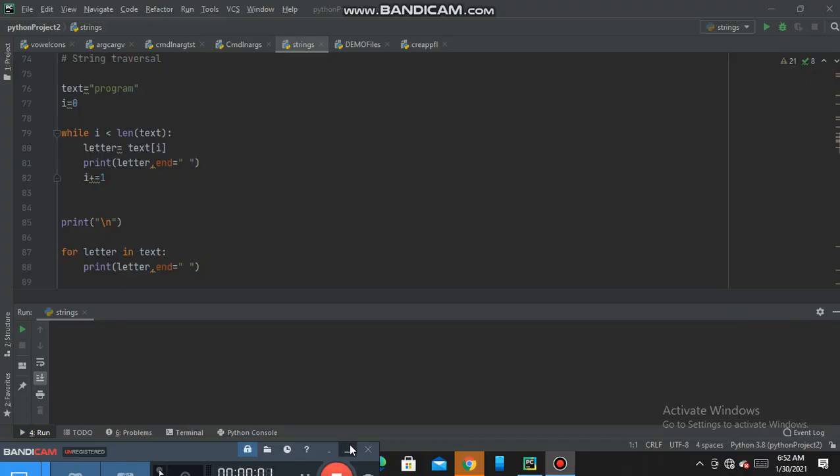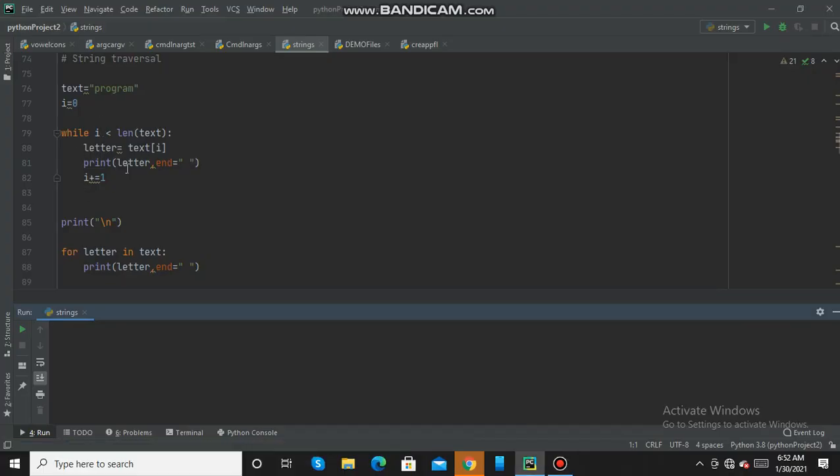String traversal. Here in this while loop, using the length function, we are printing the string program. So while I less than length of the text is 7, I will start from 0 till 6. It will traverse the string, retrieve the characters one by one, and print it in the same line.